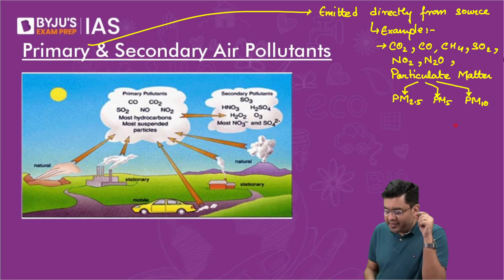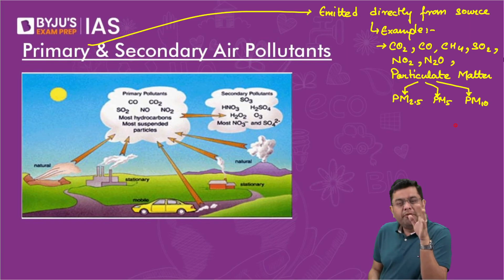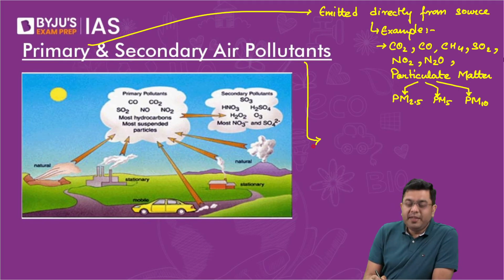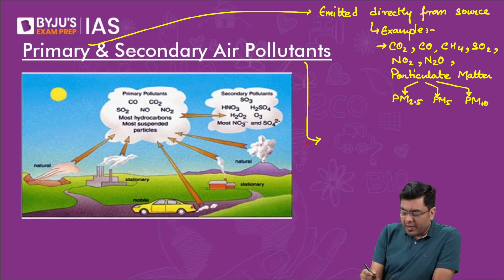Particulate matter is basically the particles which are emitted when the pollution happens. It is of various sizes, 10, 2.5 and 5. 2.5 is the dangerous one. Now, when we talk about the secondary air pollutants, these basically are the pollutants which are produced after the primary pollutants interact, stay in the atmosphere for a long time, and then form a newer compound, right? So here they are produced when